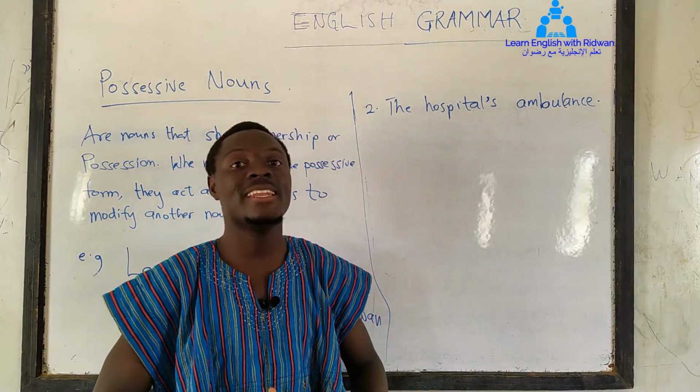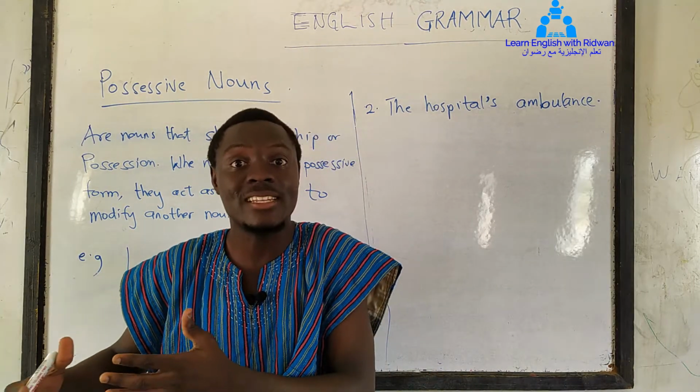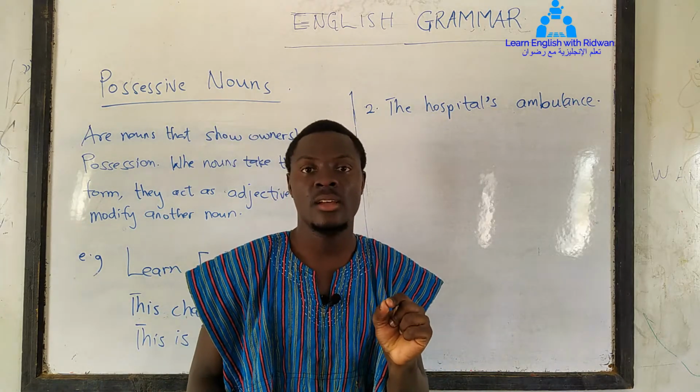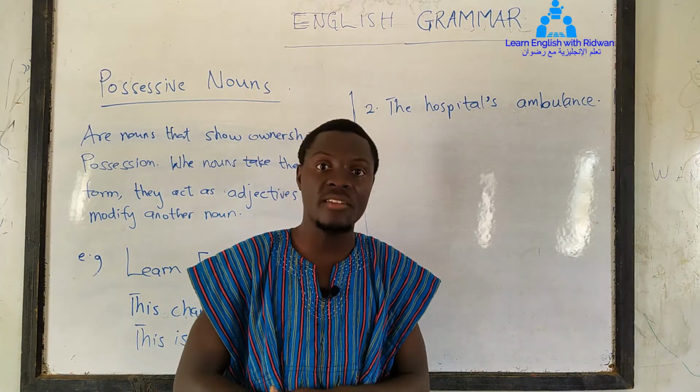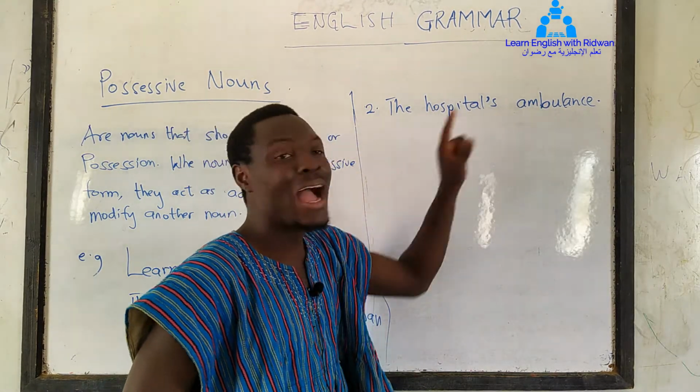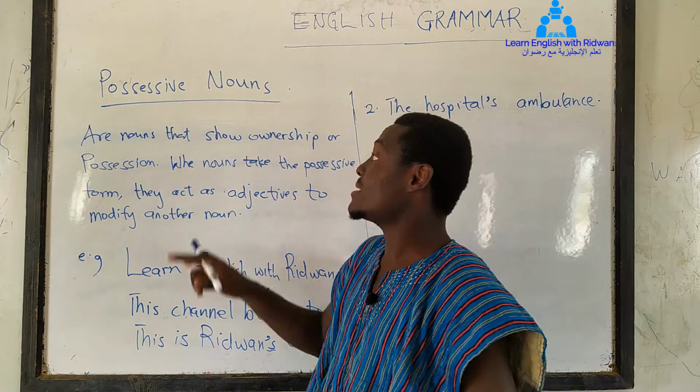That is, instead of saying this belongs to this, this and that, and these whole long sentences, just adding an apostrophe S to a noun can make a very big difference. So that is why we have here the hospital's ambulance. So when we are looking at possessive nouns,